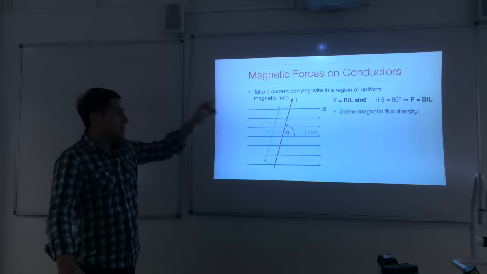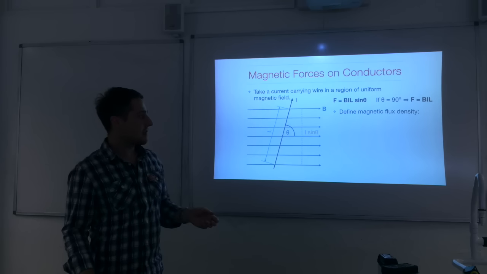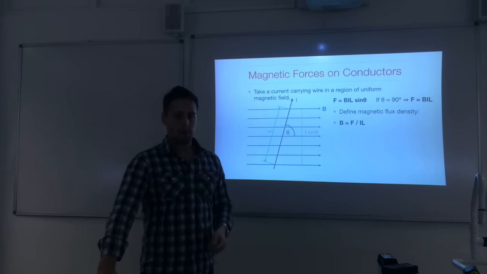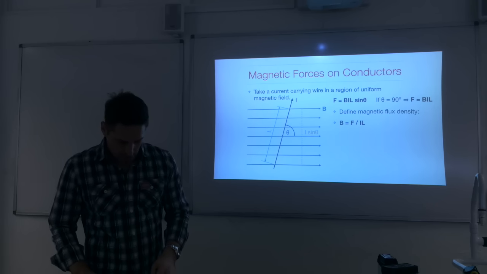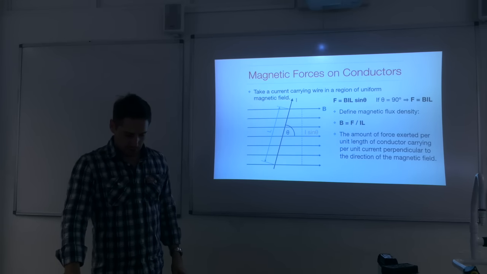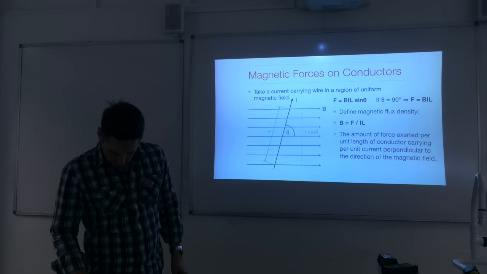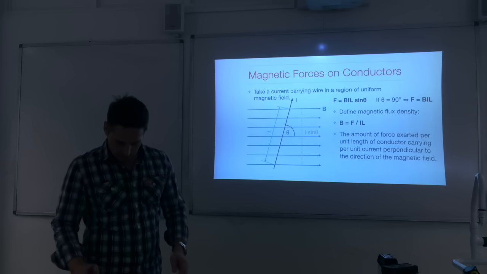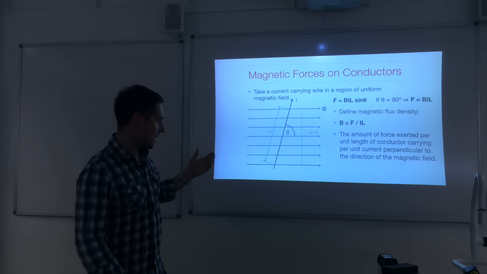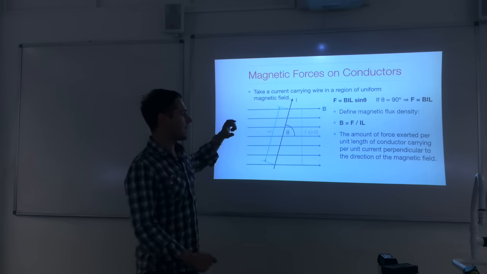Okay, this is actually the equation that defines magnetic flux density. You rearrange it for B. B is equal to F divided by IL, and so that tells us the amount of force exerted per unit length of conductor carrying per unit current perpendicular to the direction of the magnetic field. So it tells you, I think that grammar is a bit off actually, but so if you have